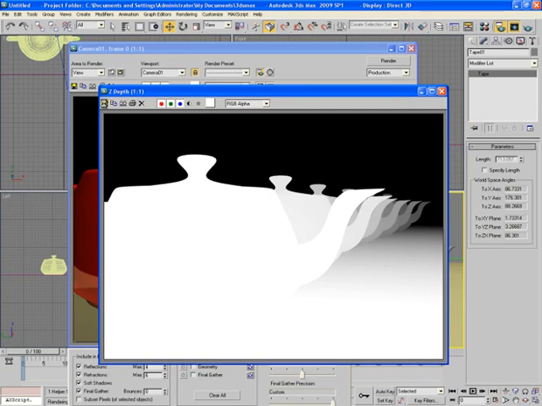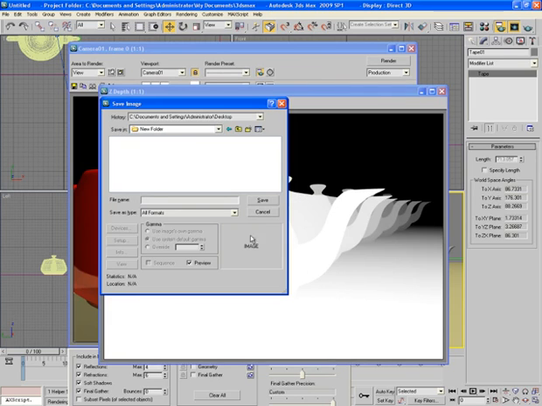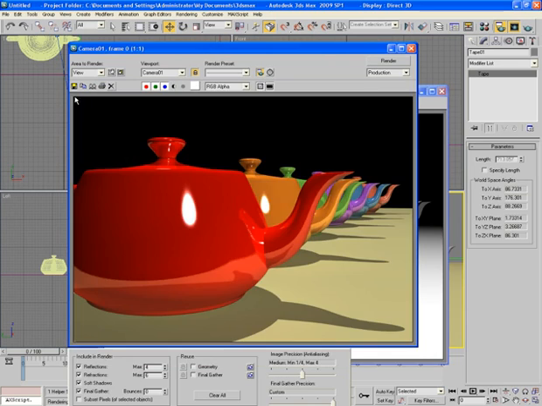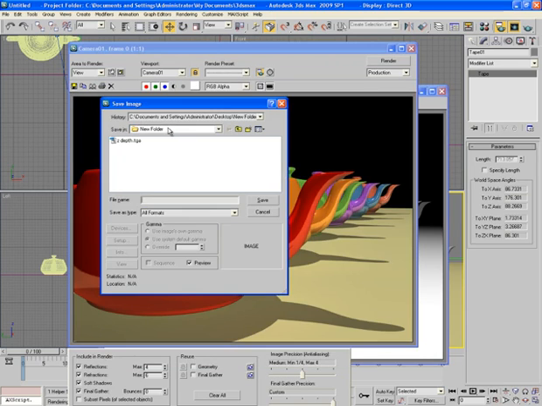So now let's save the images. This is Z depth and maybe TGA. It will do. And for this I would save it as diffuse and TGA format.